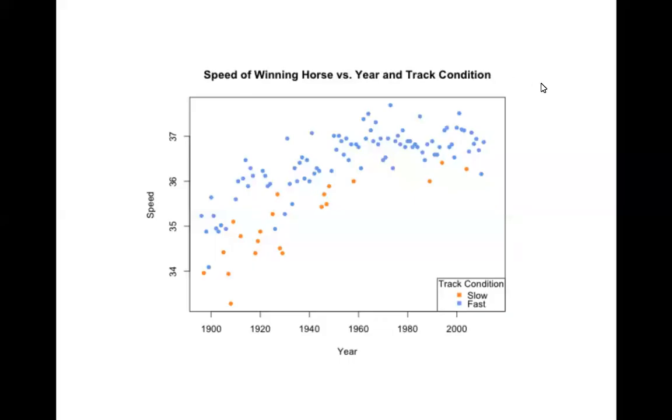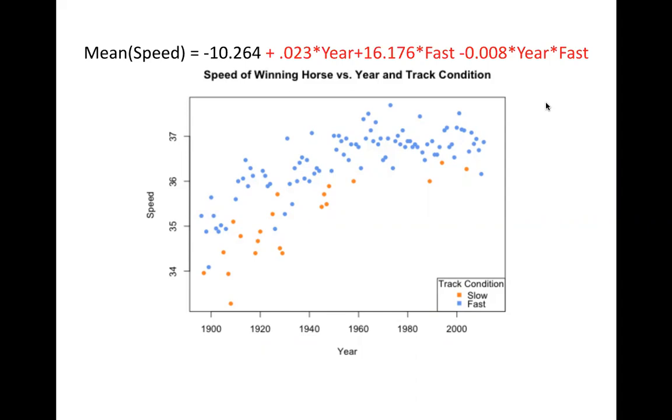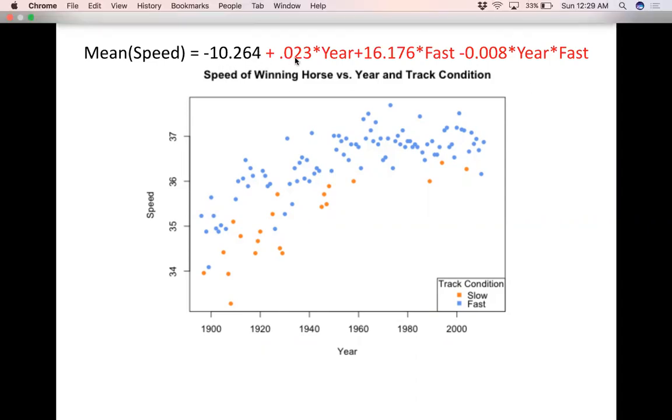Now that you've made a guess, let's try to see what happens with a couple possible models. So the first thing I want to try is just including the two predictors I mentioned along with their interaction. Okay, so I'm going to say, hey, I bet the mean of speed can be predicted with some intercept plus